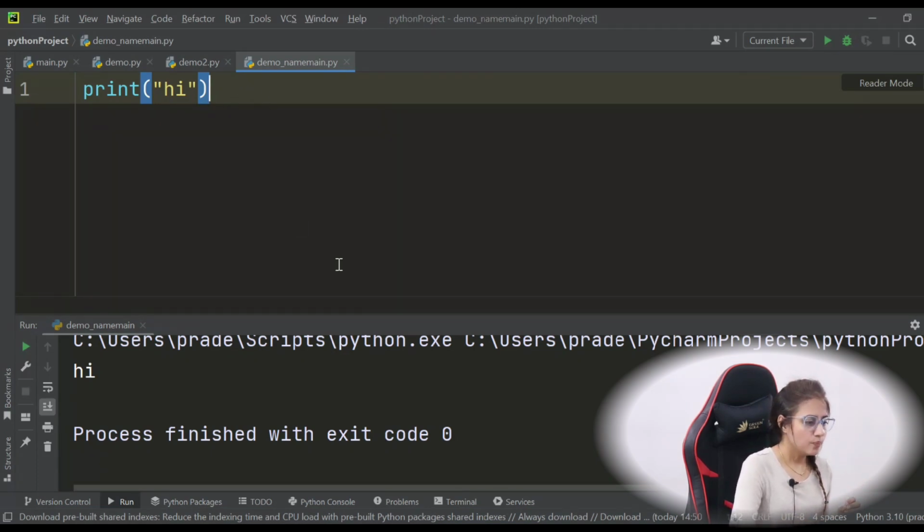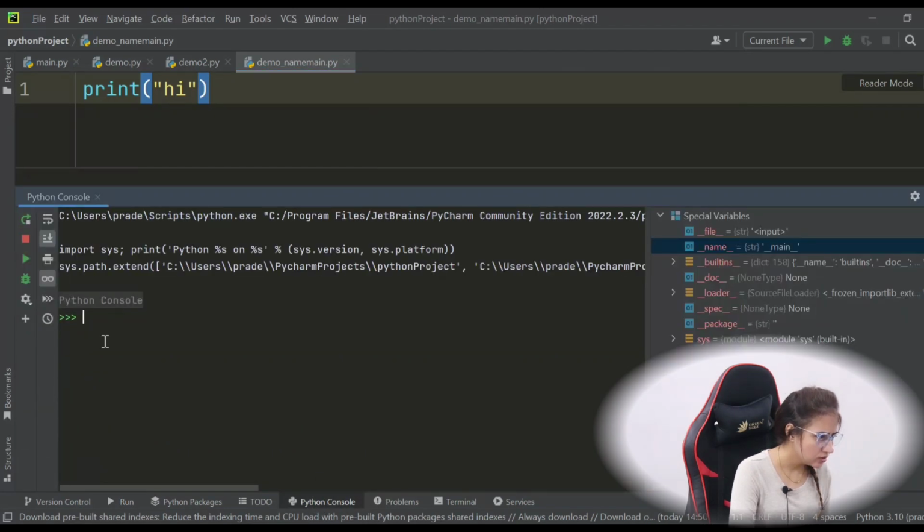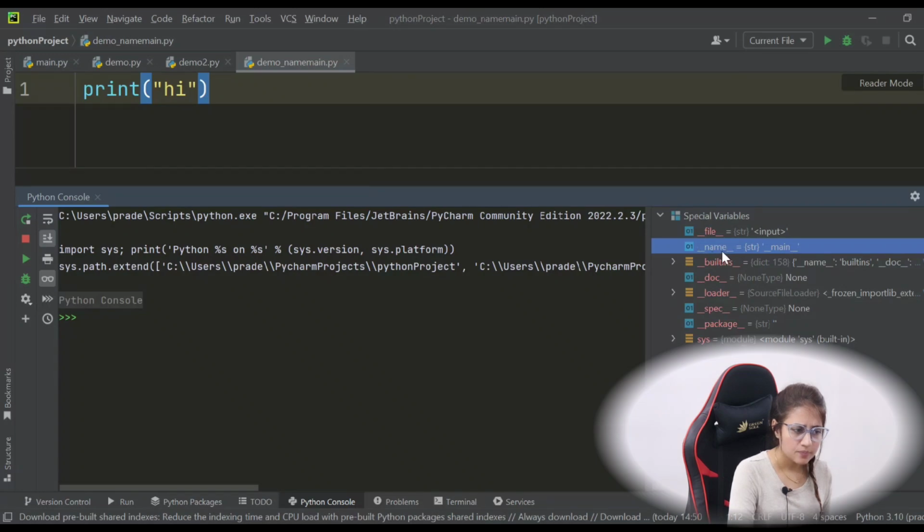It is set by the Python interpreter before running this file. If I click on the Python console and see these special variables here, you can see that the name variable is set to the string __main__,